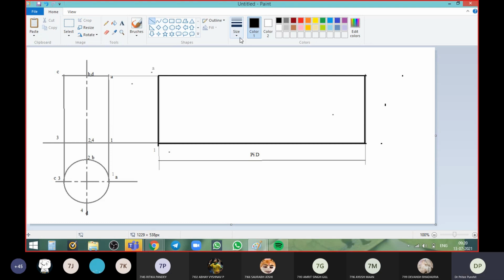Please listen carefully. Using construction lines, we will make one line here at any acute angle. Now we will take any distance in the rounder, let us say 10 mm, let us say 15 mm, and we will cut arcs of the same distance, let us say 15 mm. We have to divide this in equal 4 divisions. Now pi d length will come to some 125.6. How to divide it in equal divisions? It is very difficult, so therefore this is the graphic method of how to divide it.